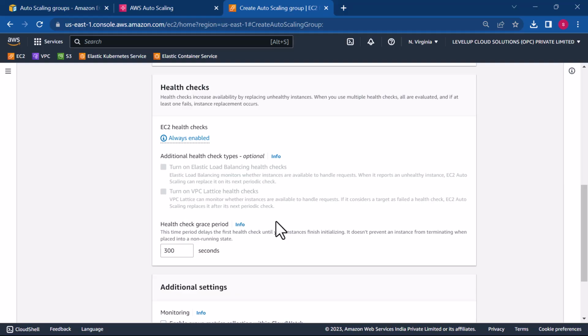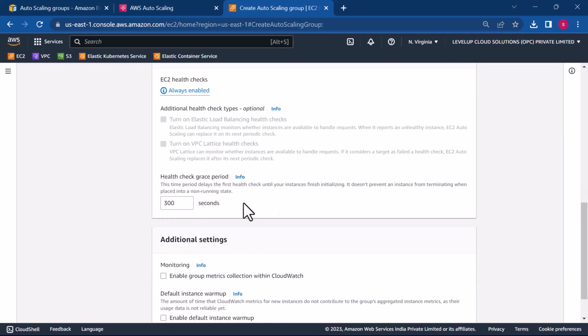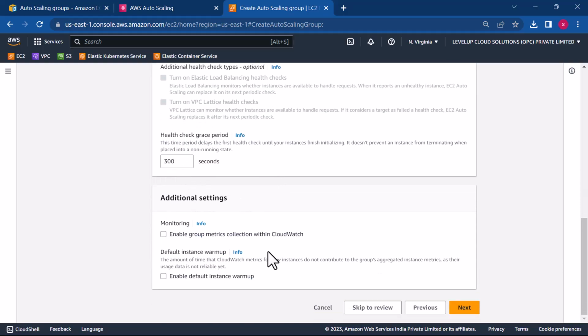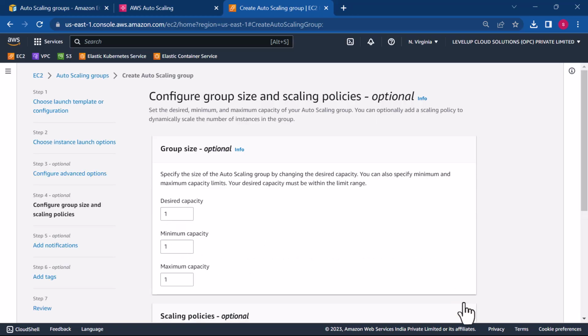And health checks, once in 300 seconds it will keep checking the health. If you want to monitor using CloudWatch, we can enable this. Okay, let's select next. Now you see, this is something that we need to understand: desired capacity, minimum capacity,